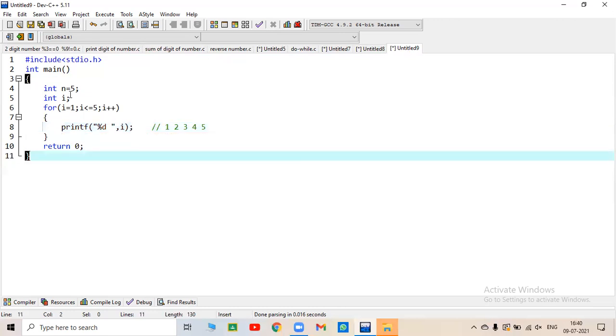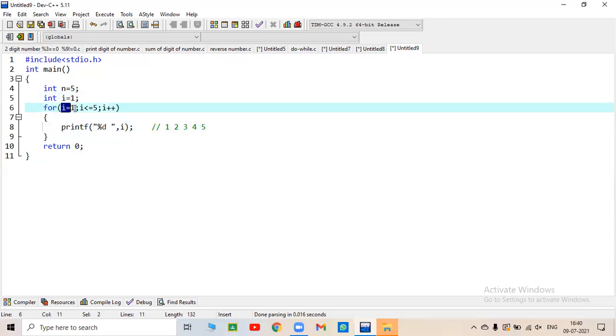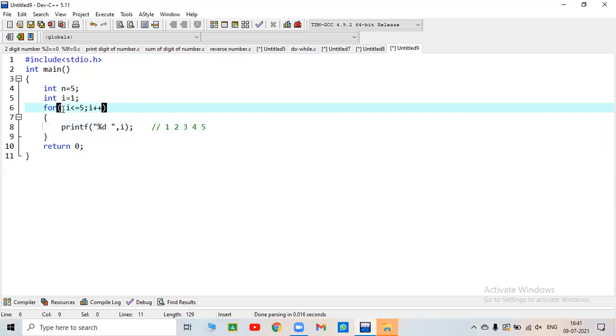Okay, now suppose we have written i equal to 1 here, so we can omit this. In this case we have to give the semicolon here, then our condition, then i plus plus.